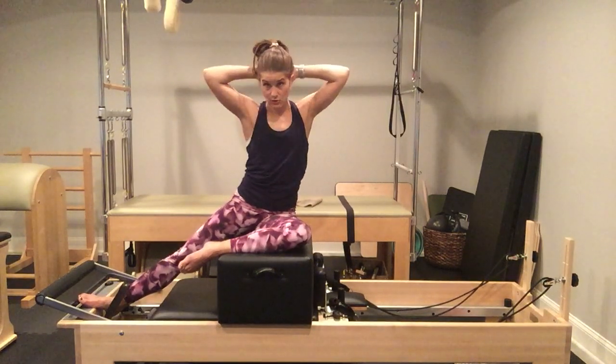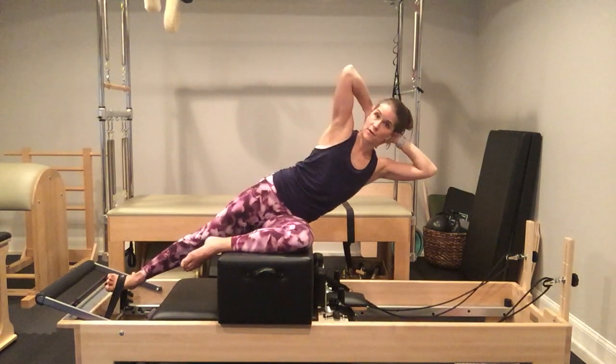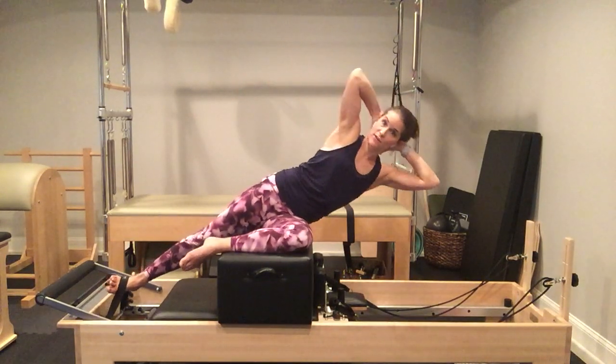From there, we're going to come back up, place our hands behind our head with our thumbs long down our neck. Don't allow your hands to crunch your chin into your chest. Press your head into your hands as your hands press into your head. Find the strap, make sure you have tension, come down to a side angle. Now we're going to crunch our top elbow towards the foot bar and release back down to the diagonal, and